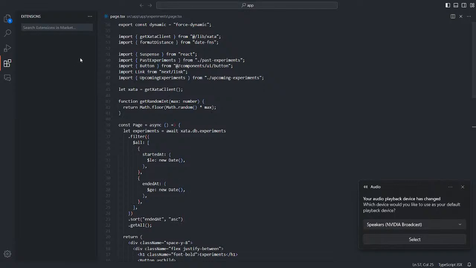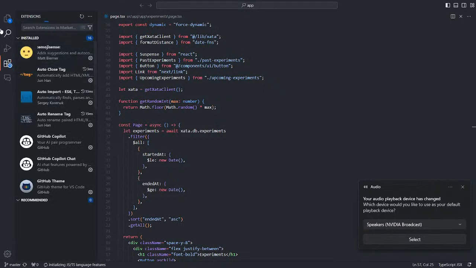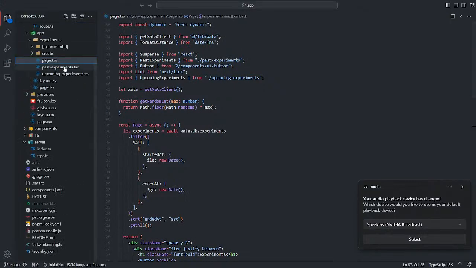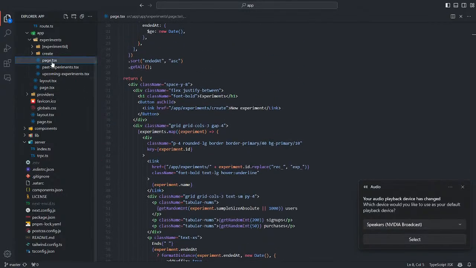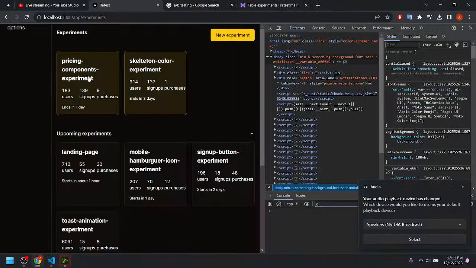We can define our components and export them in a page.tsx file, and it will be a route.